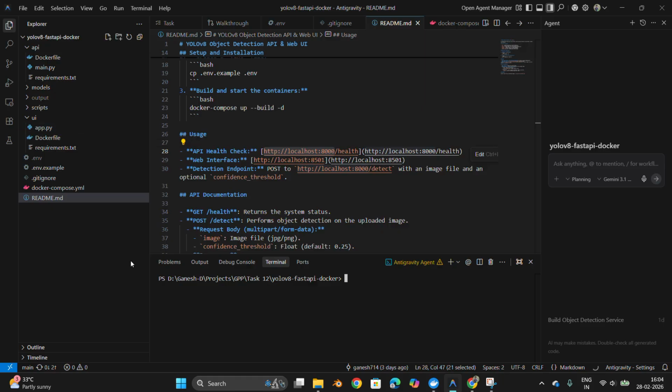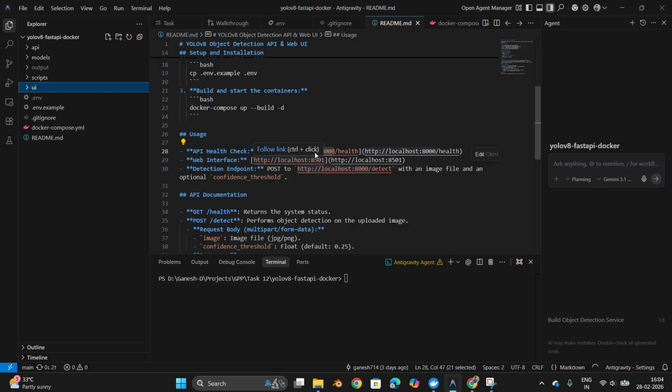Coming to the high-level flow, this architecture consists of two isolated microservices, an API and a UI. The user interacts with the Streamlit UI that is running on port 8501, while the backend API will be running on port number